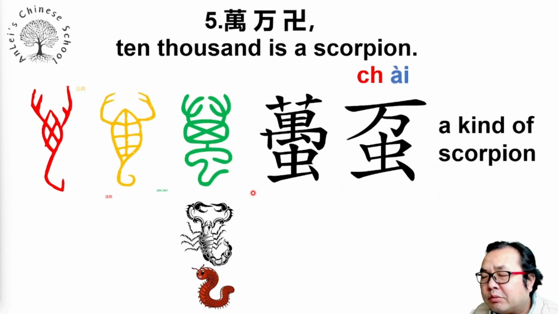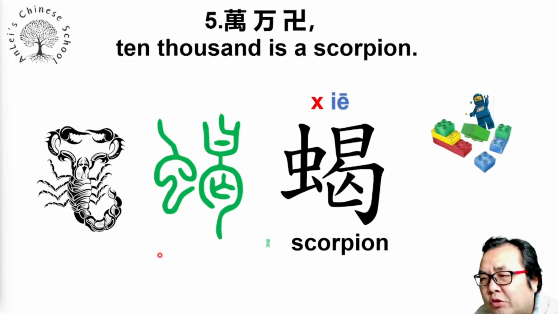This character is pronounced Chai. You don't need to remember this character. It's a rare character. The top part is wan, 10,000. The bottom part is chong, worm, insect. So this character means a kind of scorpion. Since the original character of scorpion, wan, was borrowed to become the number 10,000, the word for scorpion is